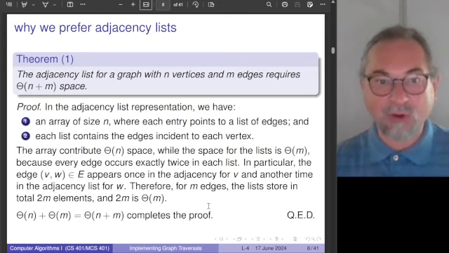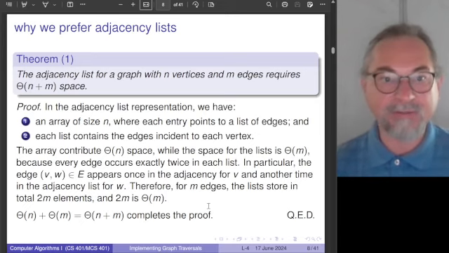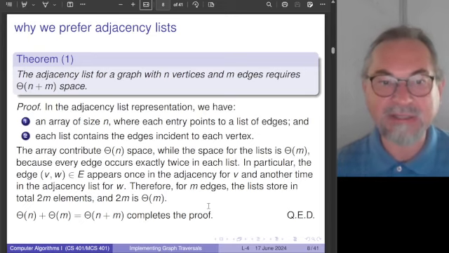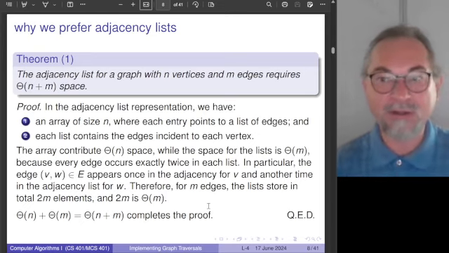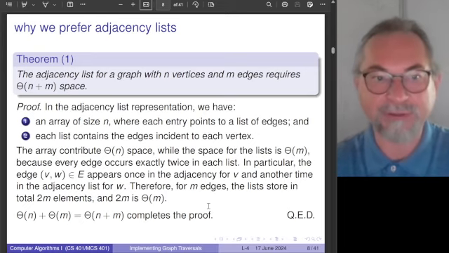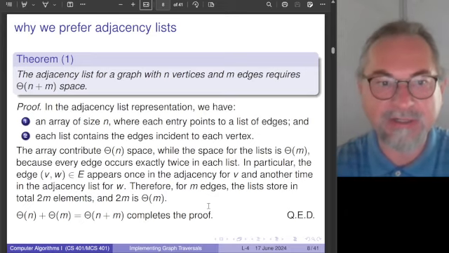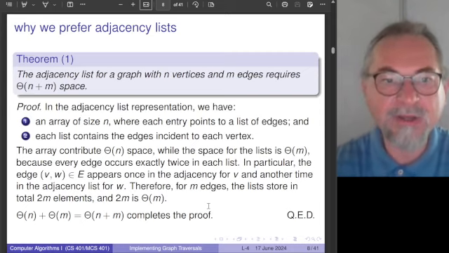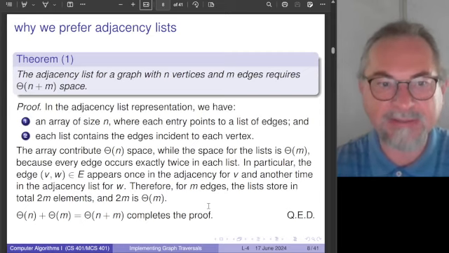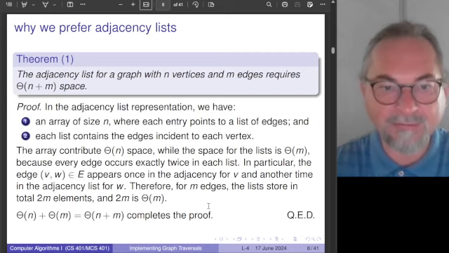Okay, let's go over this. You could say that on the examples it was obvious, and I hope it was obvious. But let's now formalize this. So in the adjacency list representation, we always start by spelling out definitions. We know what a graph is, but what is important here is the adjacency list. So we have an array of n pointers, and for every element in that array a list containing the edges. So we already have our big omega of n, and also we have the big omega of m,